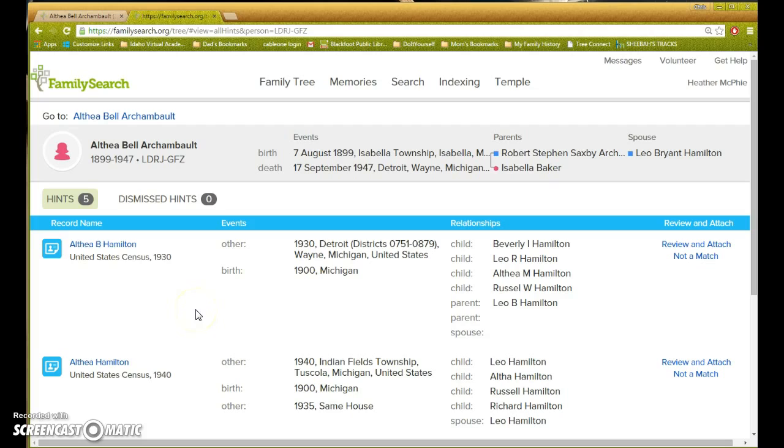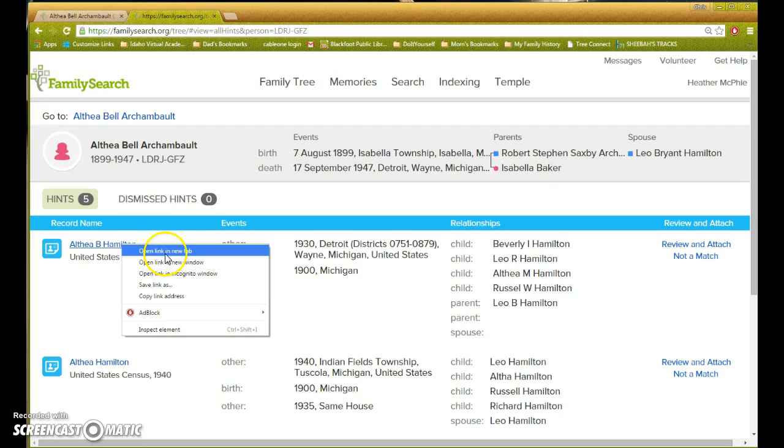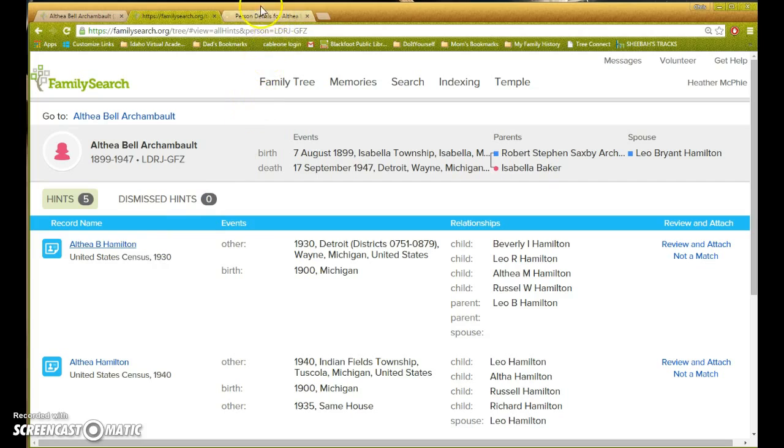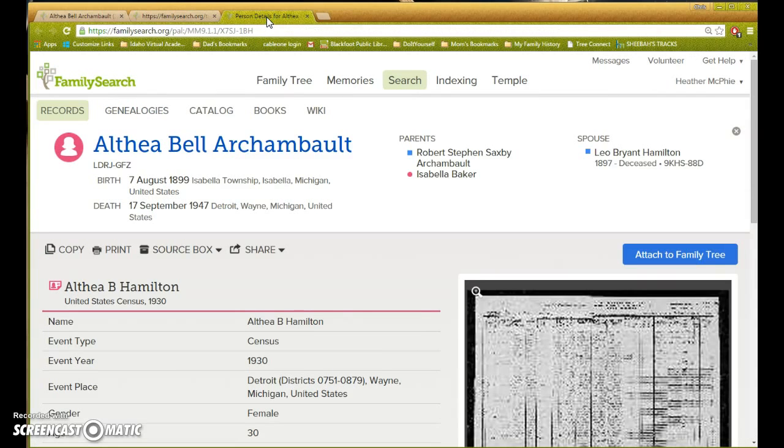Now what I see many patrons do is left-click on the record hints that appear. However, I instead am going to right-click on the record hint. This gives me the option to open the link in a new tab, and I left-click on those words, and you'll notice as I select that, it starts loading a new tab here at the top of my screen. If I then click on that tab, I can see that it is loading that source information for that record hint. Now that sometimes takes a minute to load, so instead of waiting for it to load each time, I'm going to come back